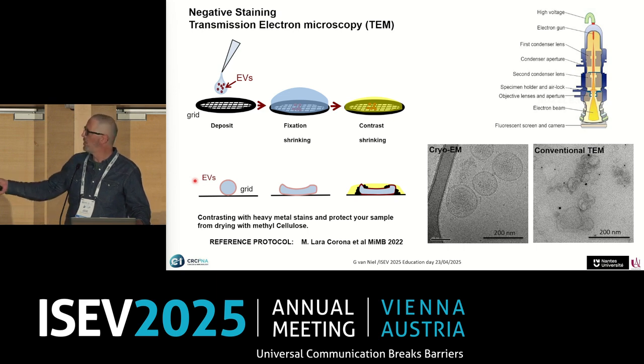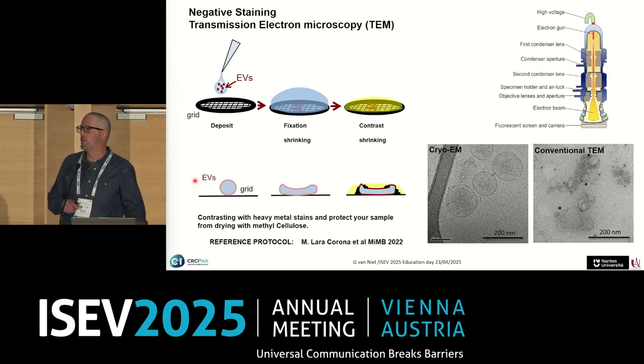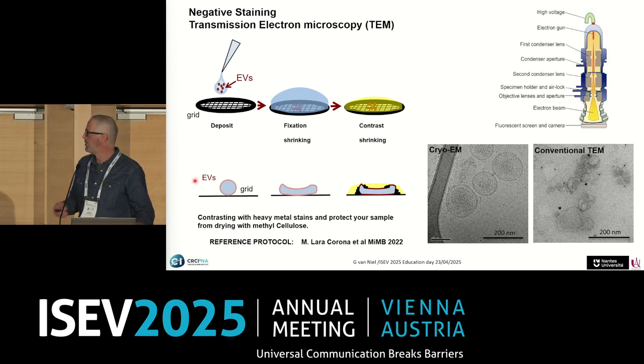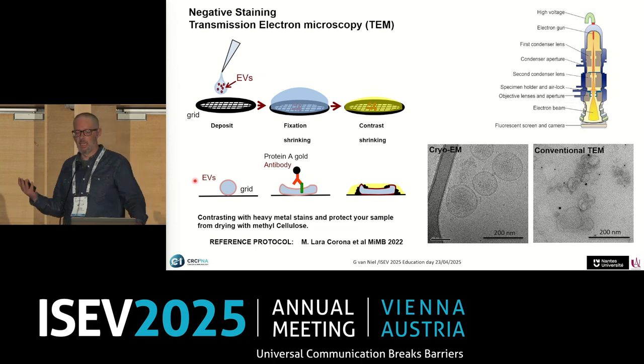The natural appearance of your vesicles is obtained after snap freezing and vitrification of your samples for cryo-electron microscopy, and you can see that you have a balloon-like appearance. This technique of TEM can be combined with labeling. So if you know your epitope, especially at the surface of your vesicles, you can use antibodies coupled to gold particles, so you can label your protein of interest at the surface and be sure of its association with the